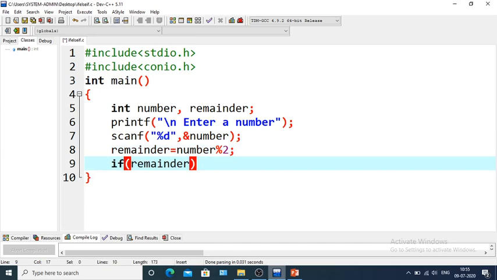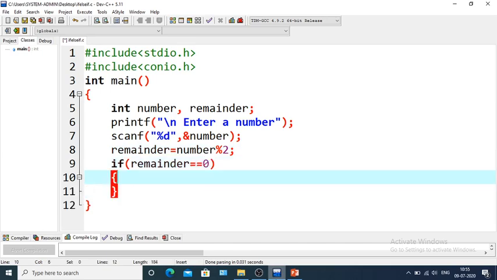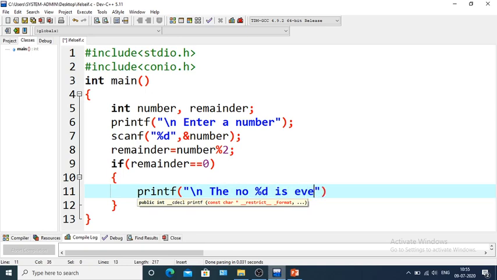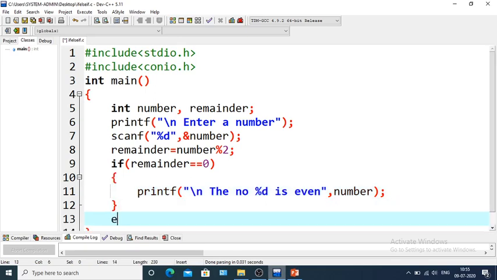Remainder. If remainder is 0, we can say that printf, slash the number is even. Now go to the else part.